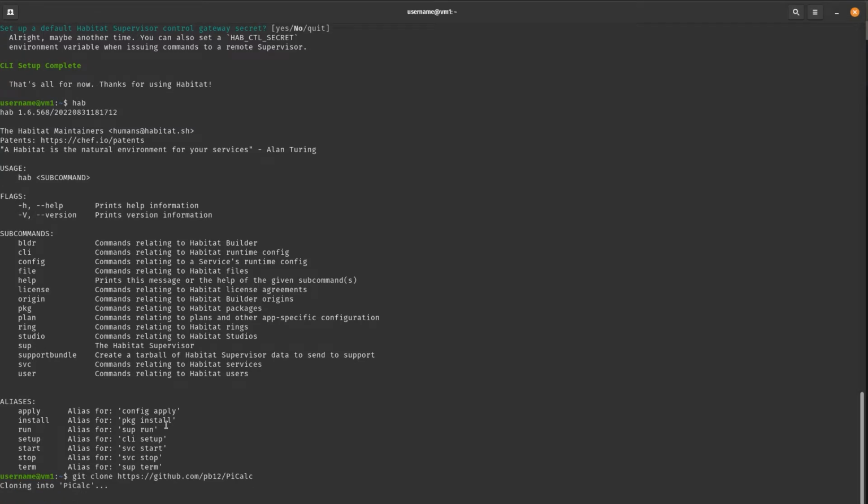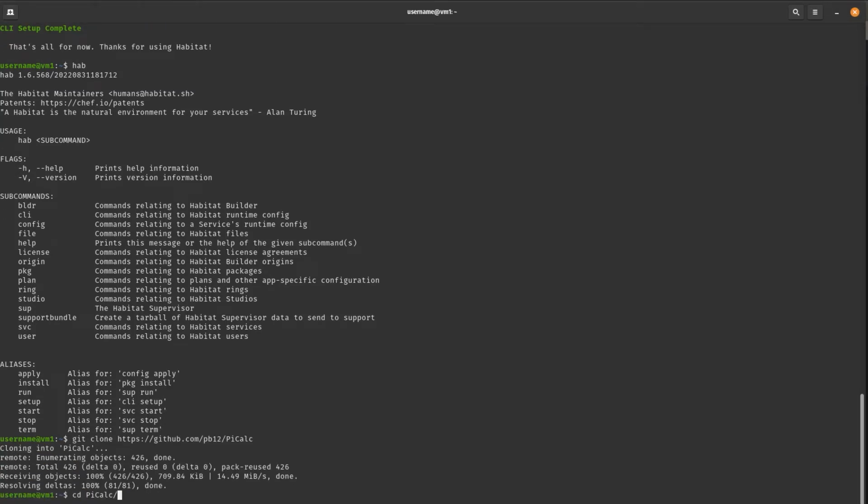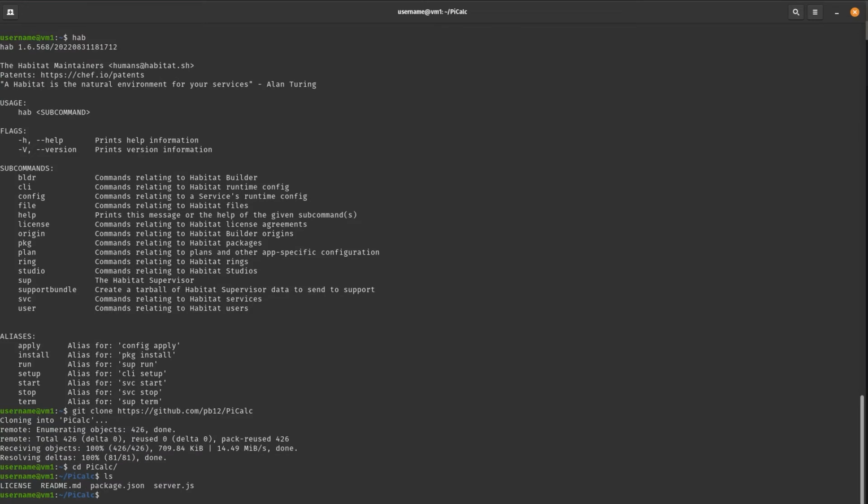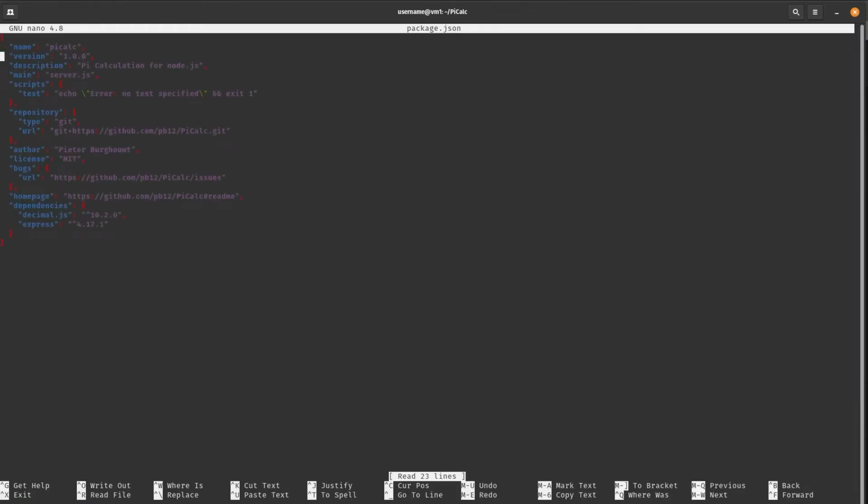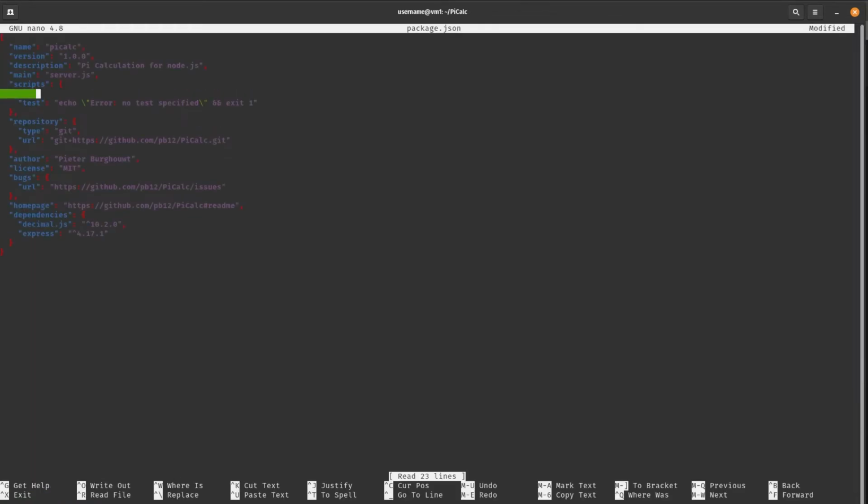So we'll clone this GitHub repository. This is a Node.js application, and for Chef Habitat to work, it will try to detect the application and it will see that it is a Node.js application, but this specific repository is missing a start script. Without this start script, it will not package the application because it won't know how to start. So I'll fill in